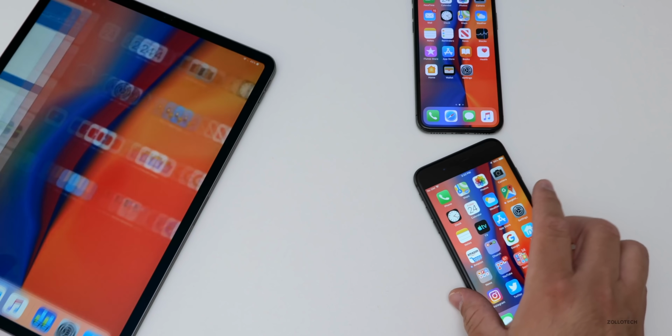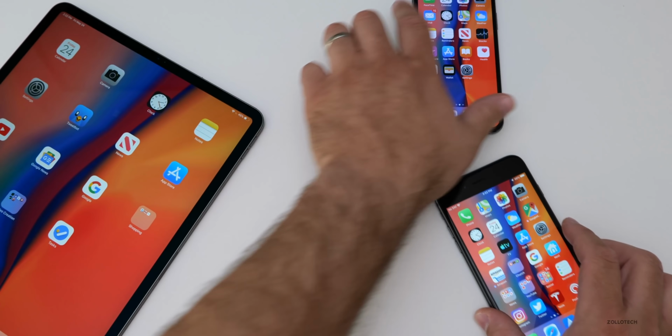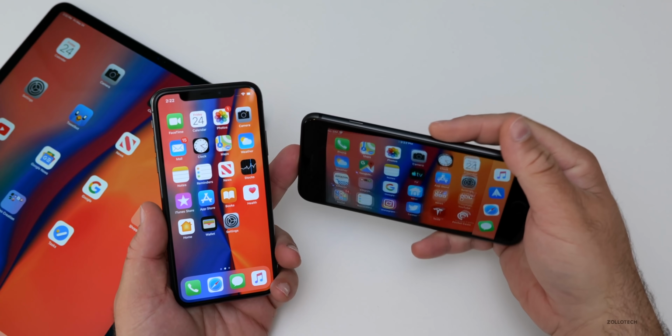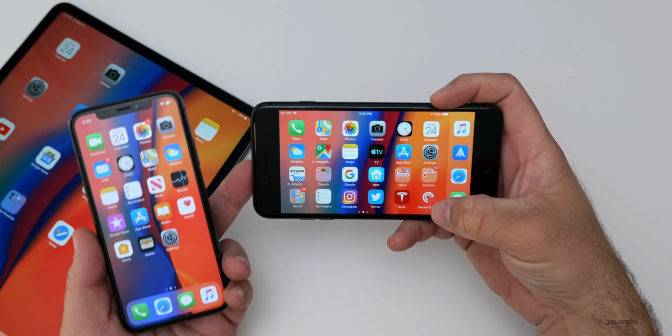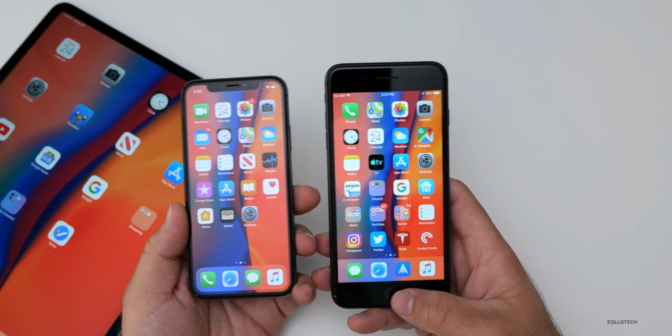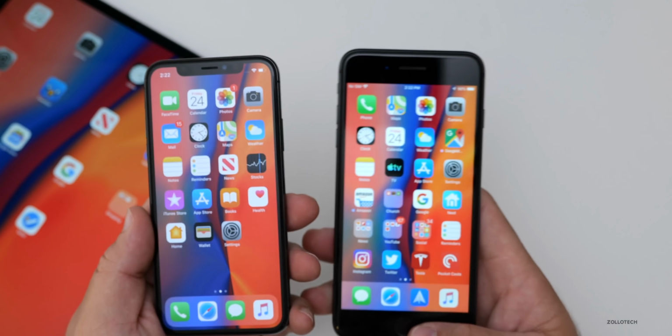Now the older devices should be just as fast. This is just a maintenance update with a couple bug fixes, so I wouldn't expect anything to be slower on any of the devices. Rotate to landscape on the 8 Plus works fine. Things like 3D Touch still work fine, and the overall speed seems to be pretty good in general. That's all there really is with this particular update.